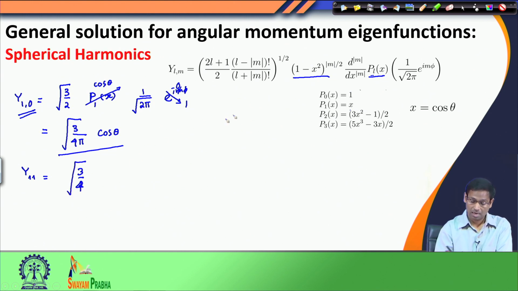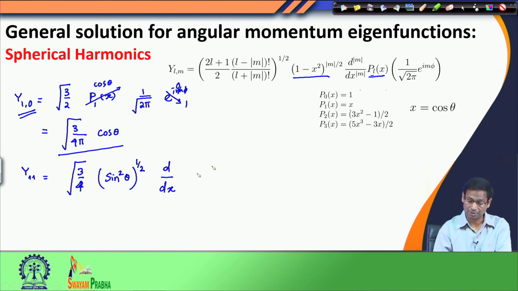under square root, and now I have to come to the second term, 1 minus x square, where x is cos theta. So, x square is cos square theta. So, this is sin square theta raised to the power m by 2, m is 1. So, this is 1 by 2. So, this is essentially the square root of this term, and now I have to differentiate this term, m is